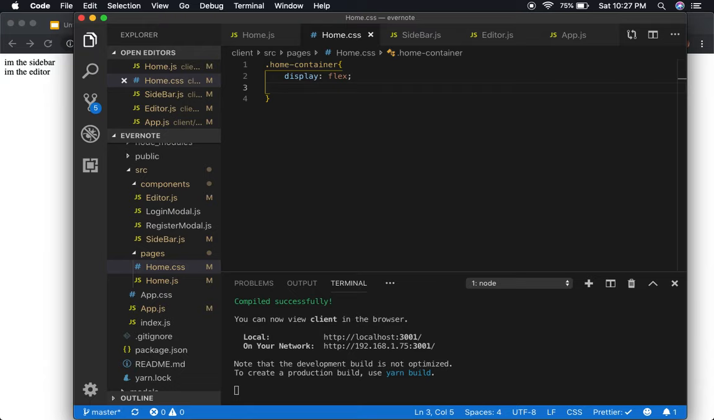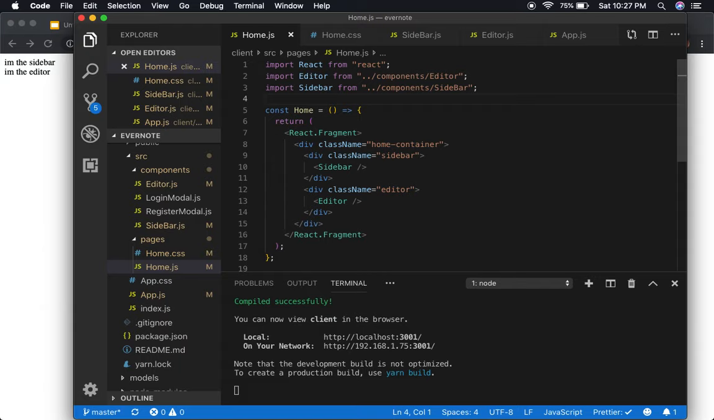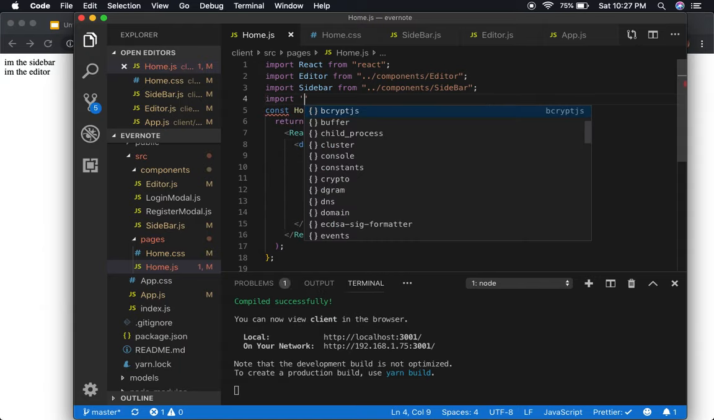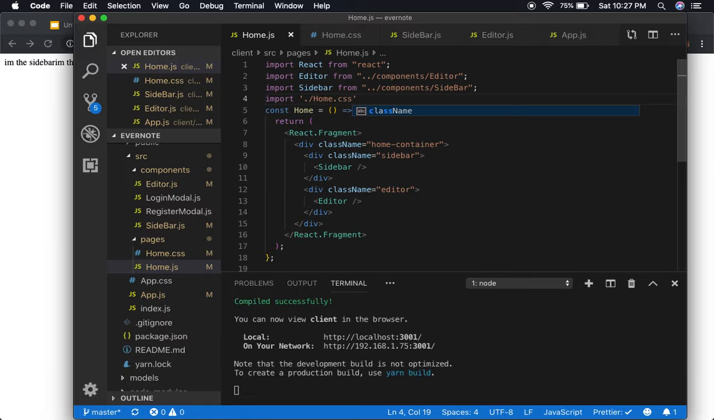Display flex, and then oh yeah, we gotta import it. That's why it's not showing up. So we gotta import the CSS. So we'll do, where is it? home.css, and that should pick it up. There we go. Now you can see it's right next to each other, because by default,